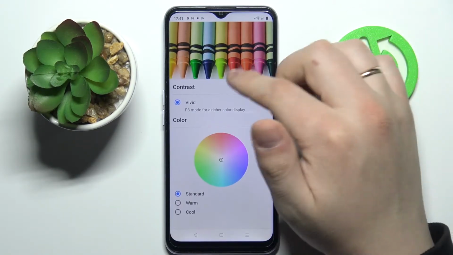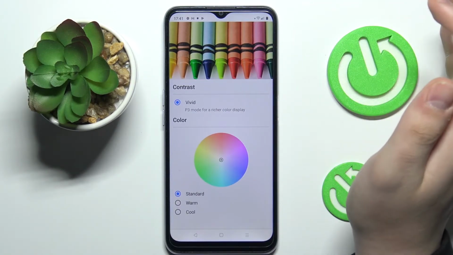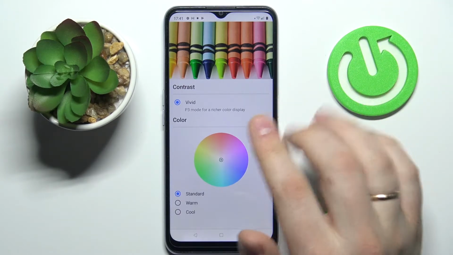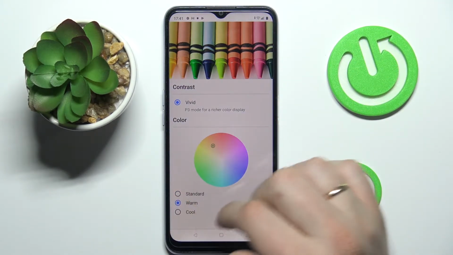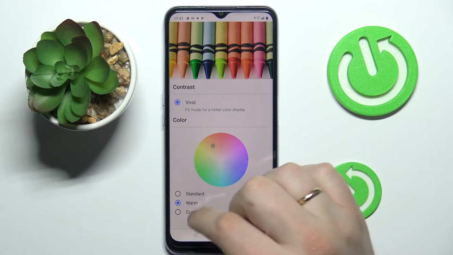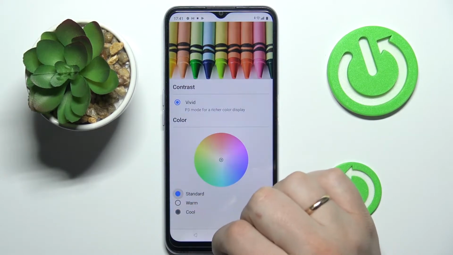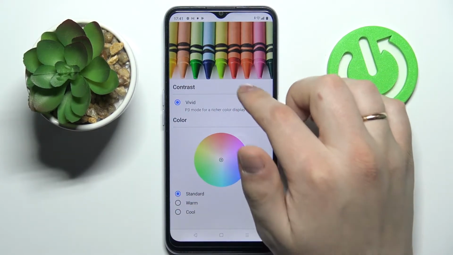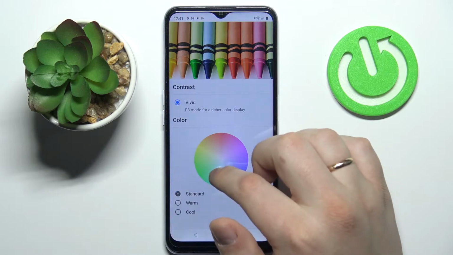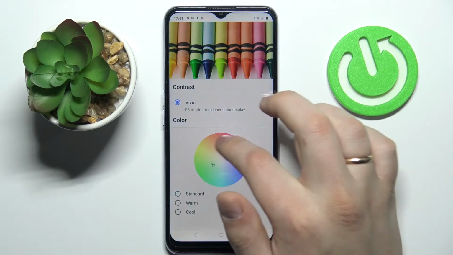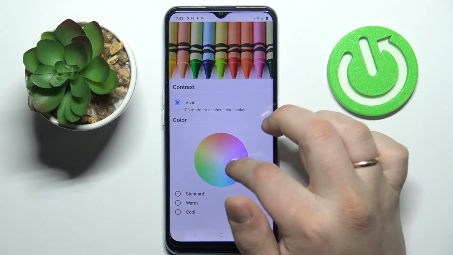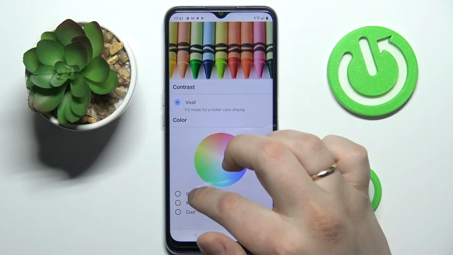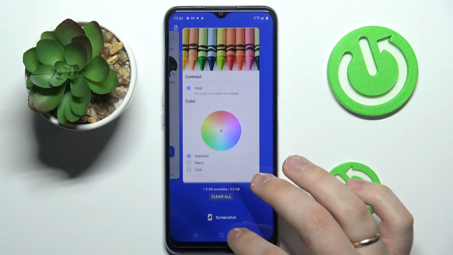There is also the color and contrast settings, which basically just allows us to adjust and change the color scheme. We can choose some of the presets, so standard, warm, cool. I'll stick with standard. And there is also an opportunity to alter this color palette and choose what kind of color scheme we want to go with. So getting back,